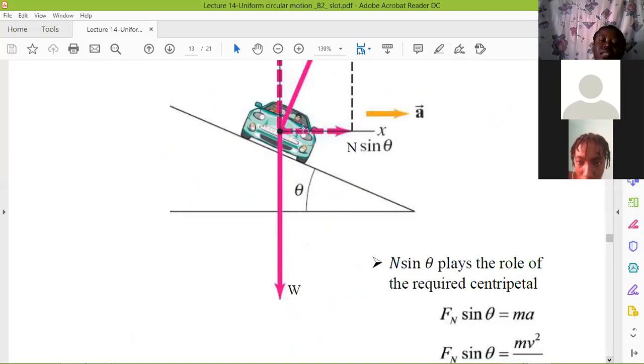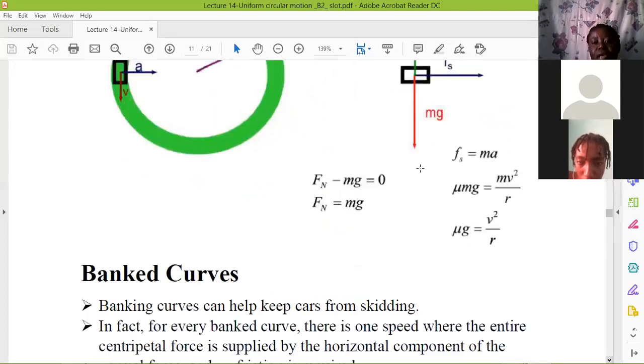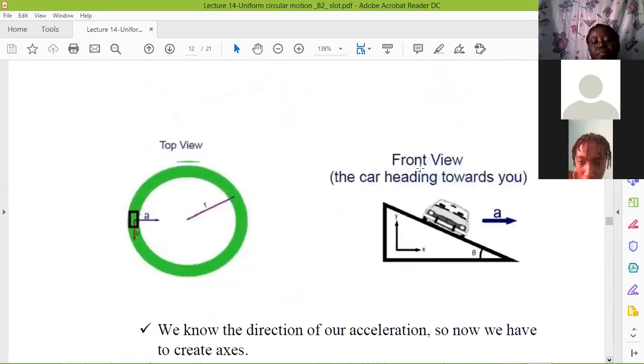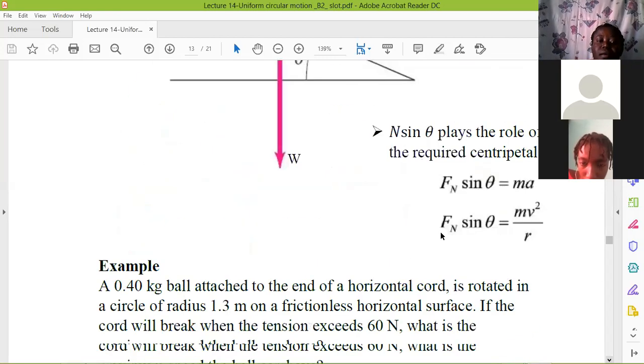Now if we look at this car going straight in that direction, by choosing your x-axis, say it's pointing up in that direction, and your y-axis is upward. Then by drawing our